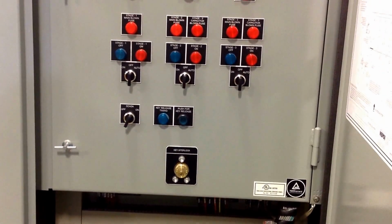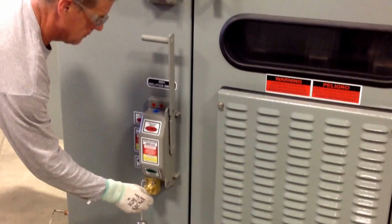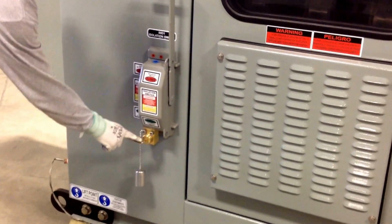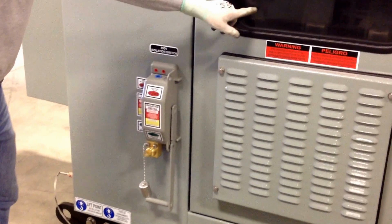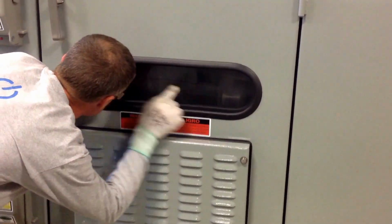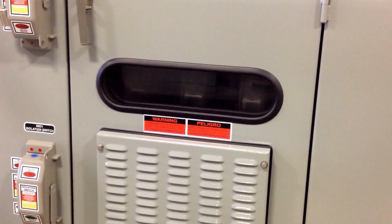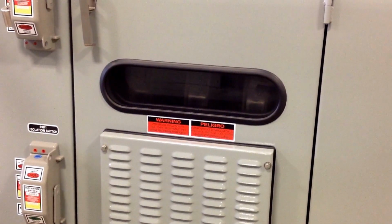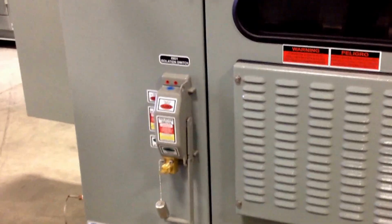Okay, so now we have the A1 key, which came out of the swing panel. And we take that key and we bring it over to the air disconnect, the isolation switch, which is currently closed. We're going to insert the key, the A1 key, turn it, and operate the air disconnect. Now there's an inspection window. You need to look through that window and make sure that the arms have operated and there is a visible disconnect now from the incoming cables to the rest of the bank. Once you have confirmed that,